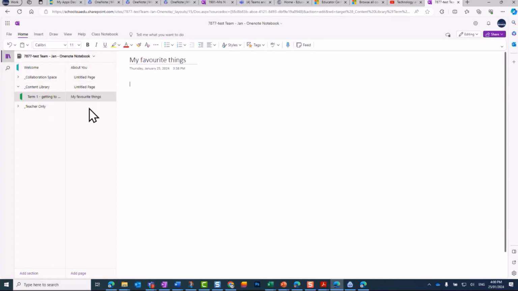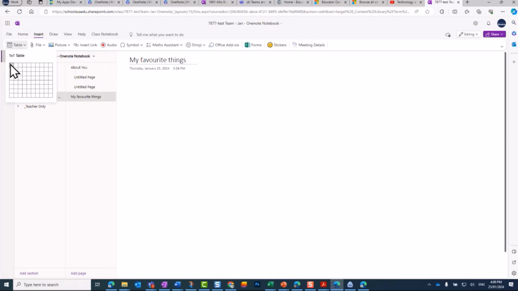Okay, so we've got these pages. At the moment they're pretty boring because they're blank, so we're going to add some content to them. So the first thing we're going to do is add a table, and to add a table it's insert at the top and then table here. Now I will just warn you that tables in OneNote aren't very pretty,